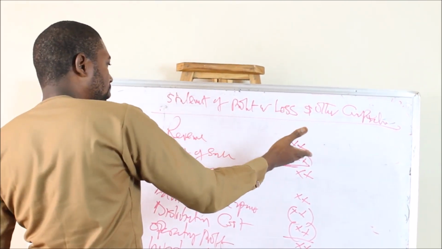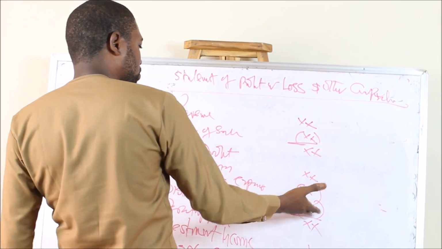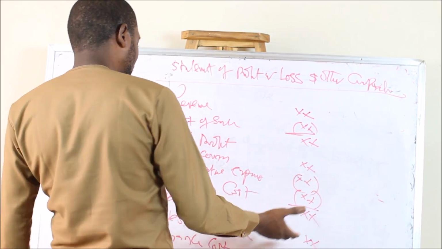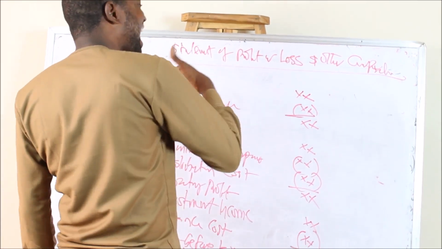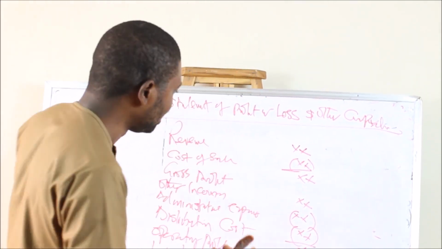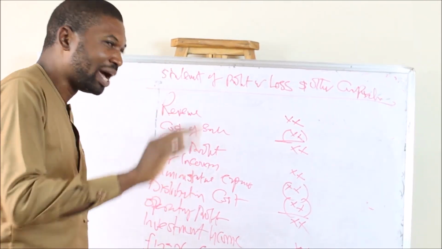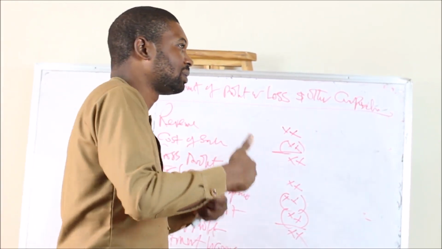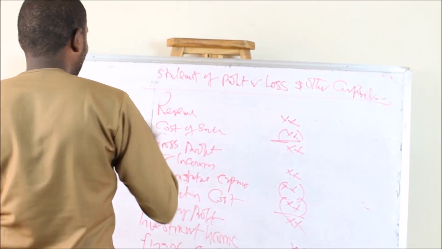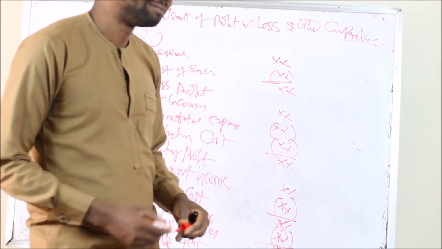The revenue, you remove cost of sales to give you gross profit. You add other income. You less admin expenses. You less distribution costs to give you operating profit. You add investment income if there is. You less finance cost to give you profit before tax. These are the items that you are expected to disclose in the face of the statement of profit or loss account. In accounting, there are some items you are expected to disclose, and also some items you are expected not to disclose under your financial statement. So under profit or loss account, these are the items you are expected to disclose, from revenue up to profit for the year. So that is that.